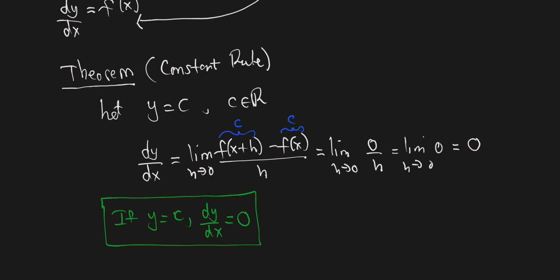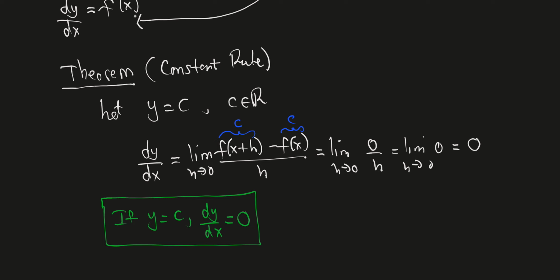But constants might be a part of other functions. So it might not be a constant by itself, but maybe it has a constant in there, like x squared plus 2 or e to the x plus 10. At least we know how to differentiate the constant part. The question is, what do we do with the other parts? Well, glad you asked, or I guess I asked, but the thing is, we're going to develop rules for that. Now, before we get to those rules,